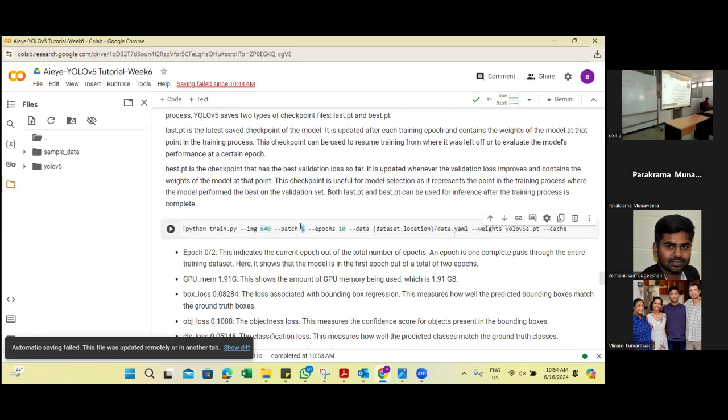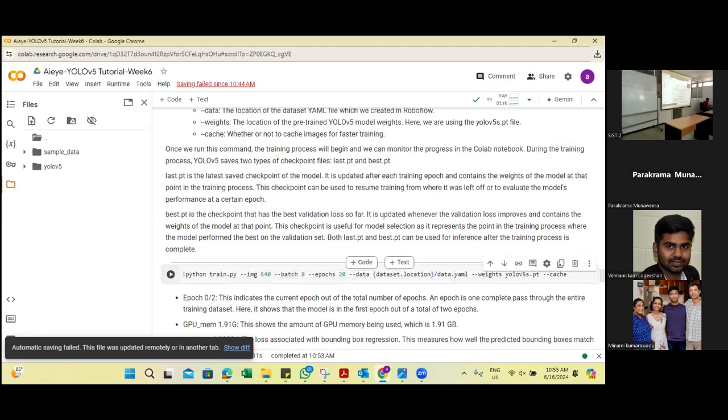And the batch size, let's say 8, we have the freedom to change this. And the epochs 10, right? I can change this to 100, 200, anything. But I will keep it small because otherwise it's going to take a long time for us to do the training. Maybe let's do the training for 20, let's say 20, right? It won't take much time, I believe. And the rest of the code is the same for any YOLO training. So this is a fixed code that we have to use for the training. The only parameters that we can change are the image size,